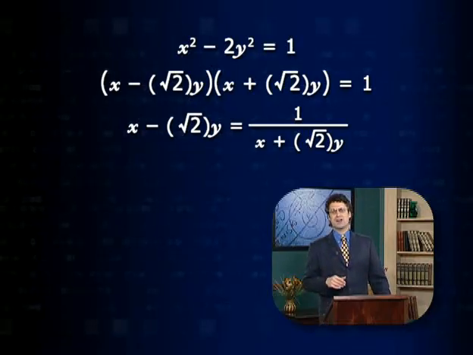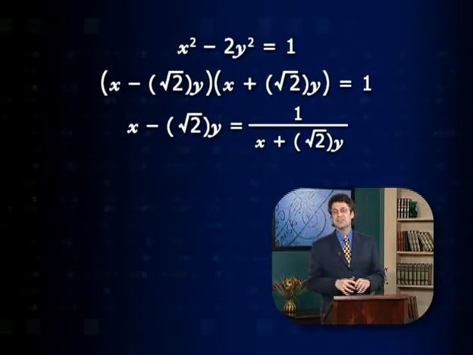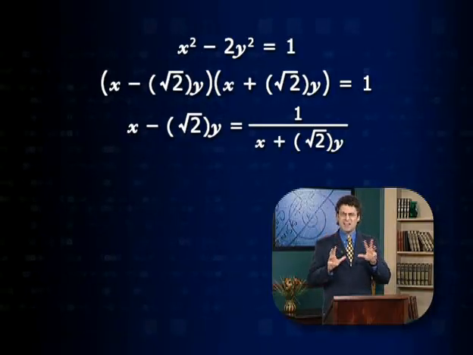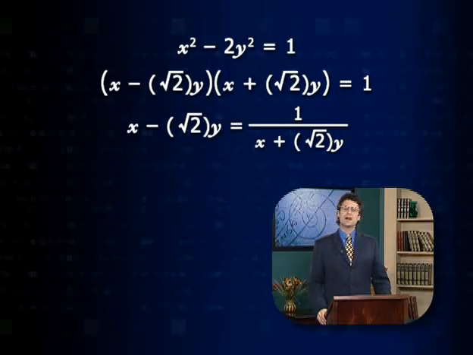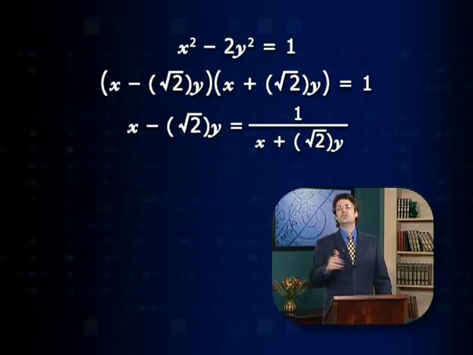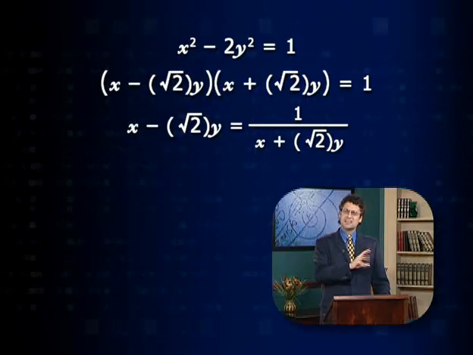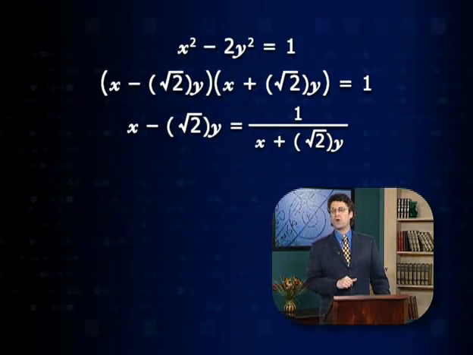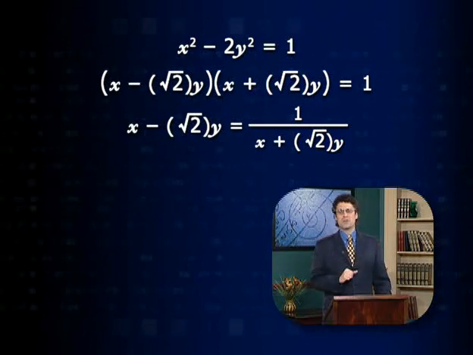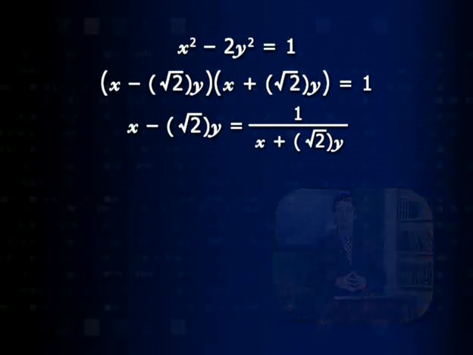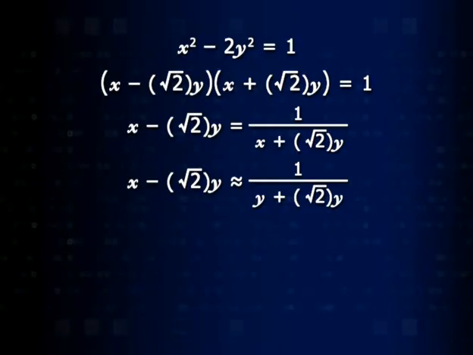And just for the sake of seeing the big picture, let's not worry about the details. So imagine squinting your mathematical eyes for a little bit and letting things blur a little. Let's assume that, in fact, the size of x is roughly speaking the size of y. And we can make that precise, but we won't. So roughly speaking, we can say that x minus the square root of 2 times y is approximately equal to 1 over, and instead of the x, let's just put a y plus square root of 2 y. Which, if we divide both sides by y, we see x